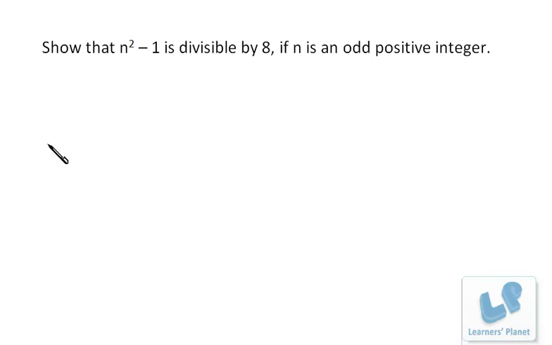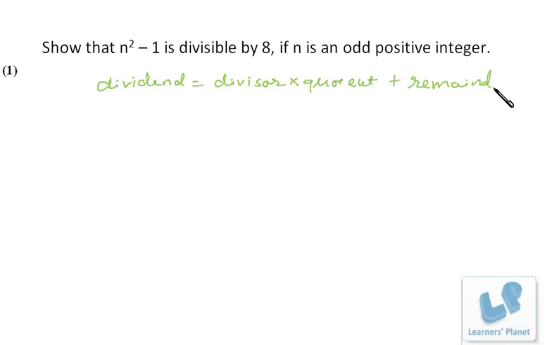According to Euclid's lemma, we know this formula that any dividend is equal to divisor into quotient plus remainder, right? And we know that